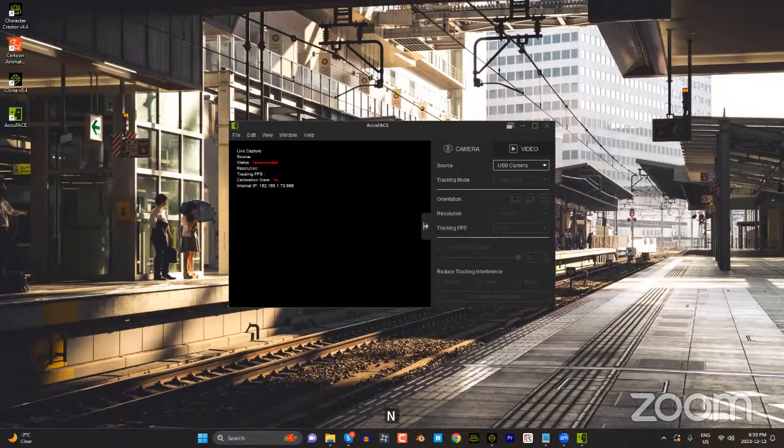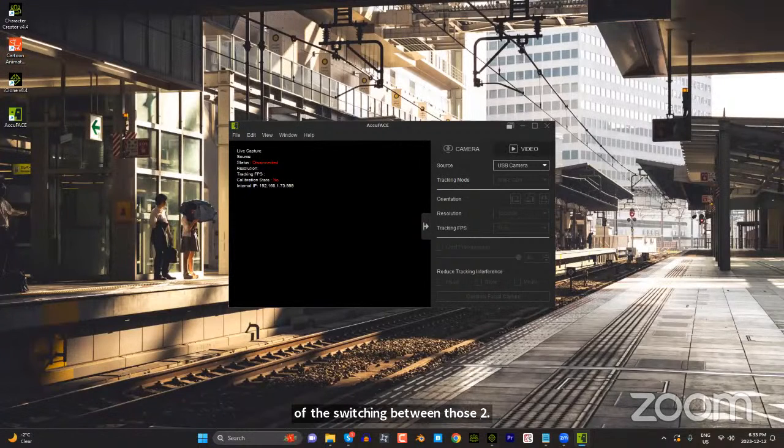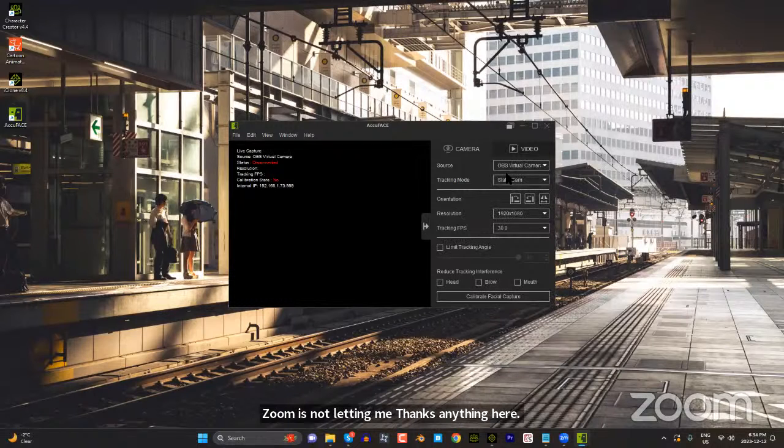Has anyone in the chat encountered this sort of thing, a conflict with Zoom? I know there's a USB and OBS, and it's probably just a matter of switching between those two. Zoom is not letting me fix anything here. So if I use my OBS here,